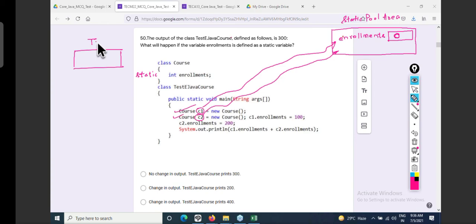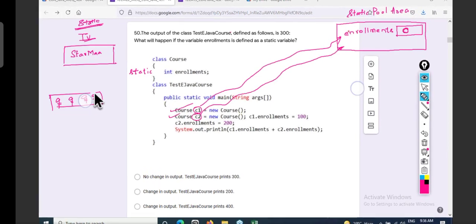There is one TV. Can I call the TV static? Yes. Right now, the Star Mark channel is running. Your brother, your sister, your papa, your mama, all are there.